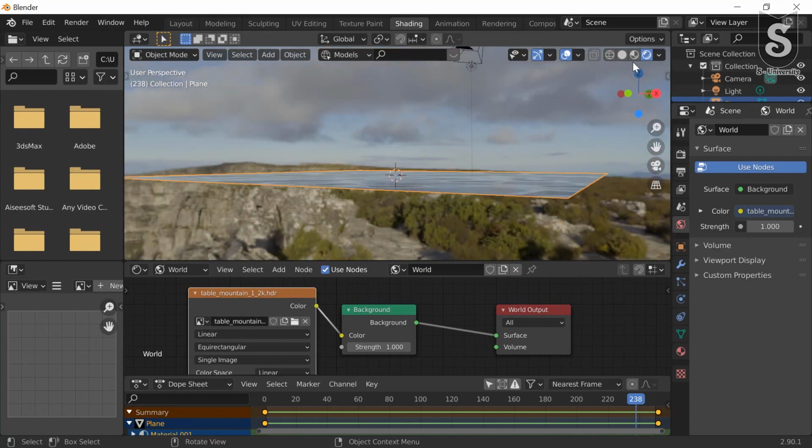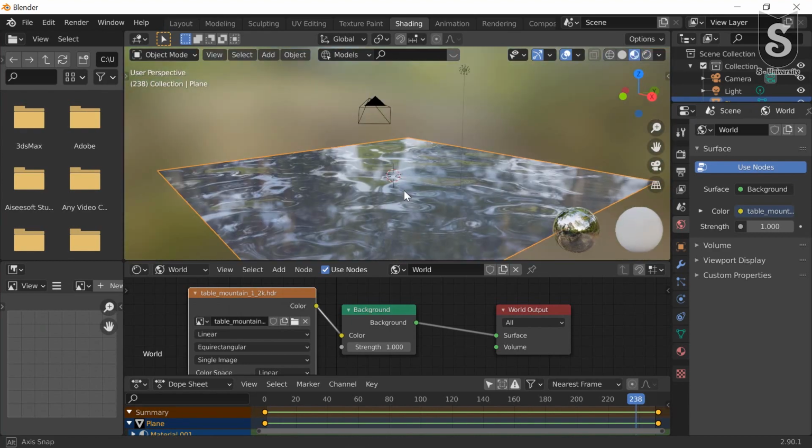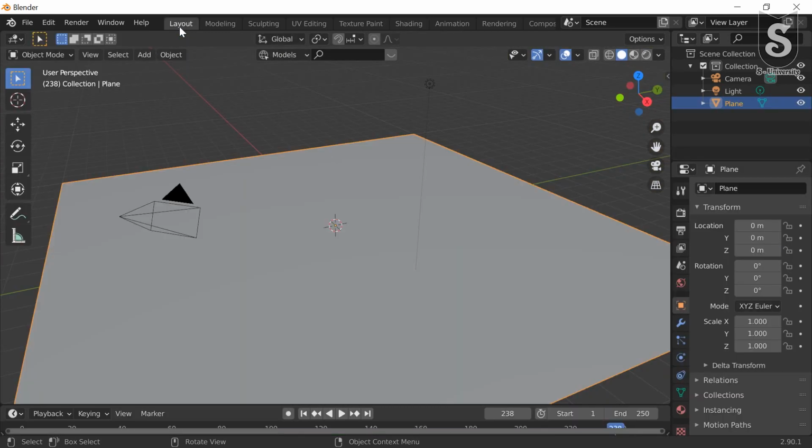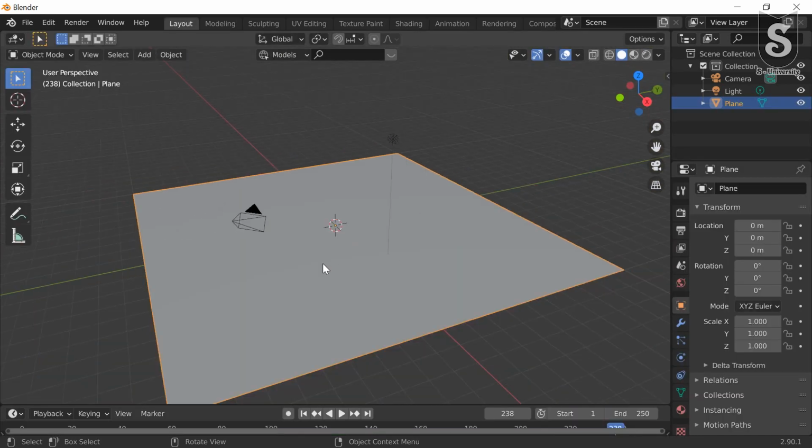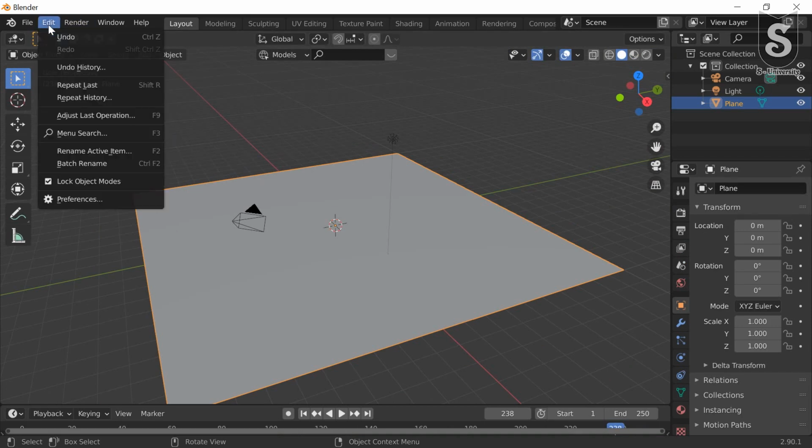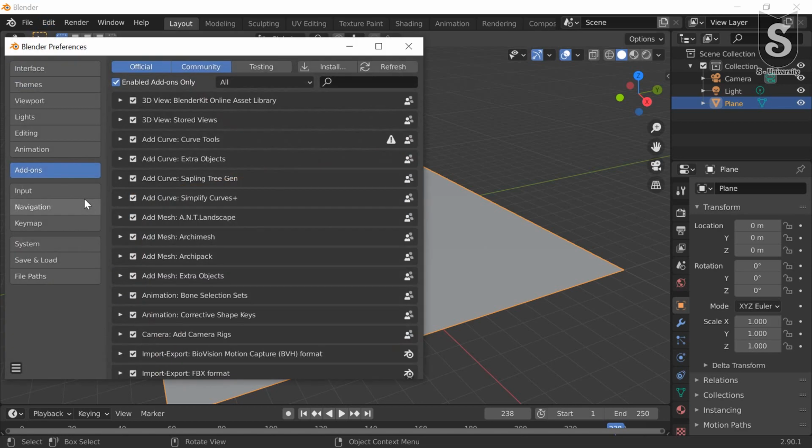Now go to layout. Now we are going to insert landscape. Before inserting landscape, we need to go to edit menu, preferences, search for landscape.